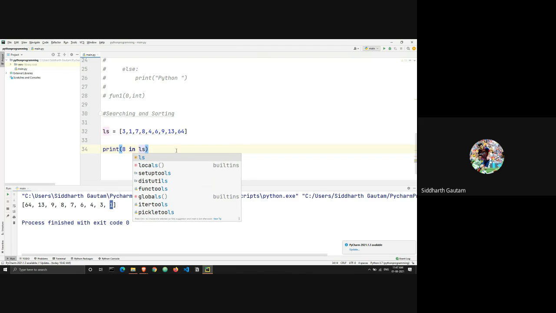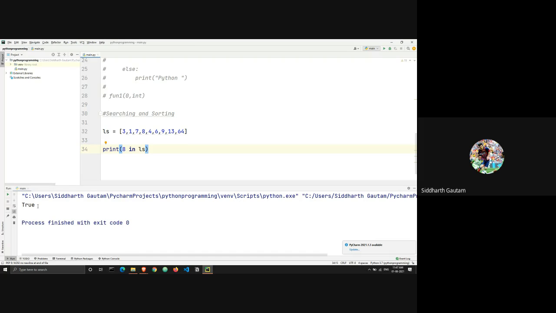Let's see what I get as an output. I get the output as true. So I wanted to search for element 8 in this list. I'm asking Python, is the number 8 inside my list? It says yes. Python tells me that your statement is true.